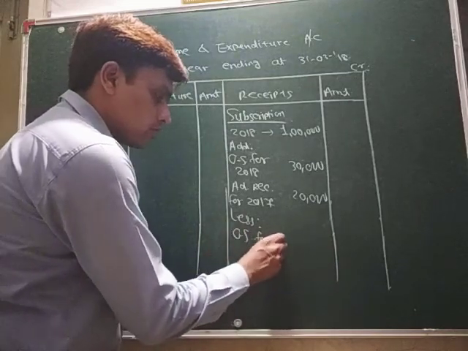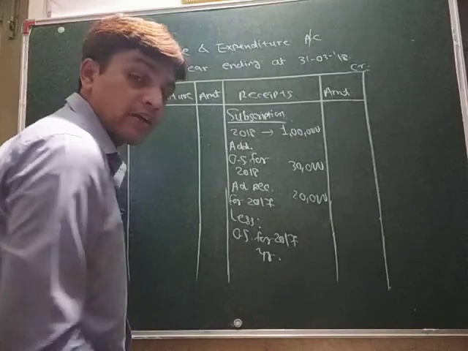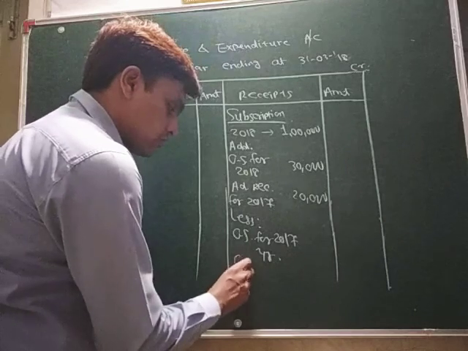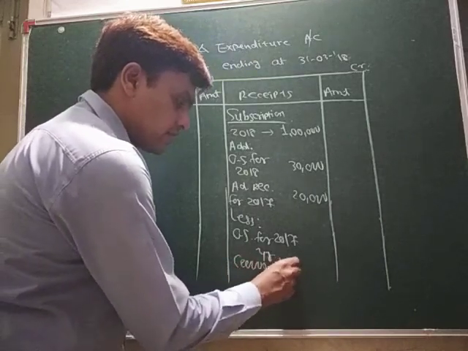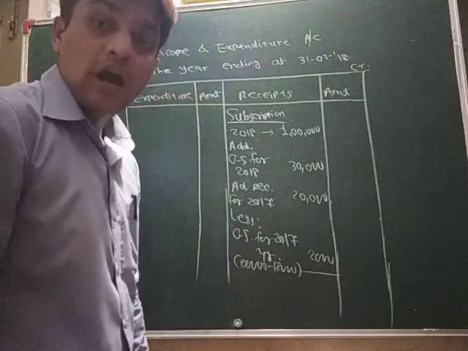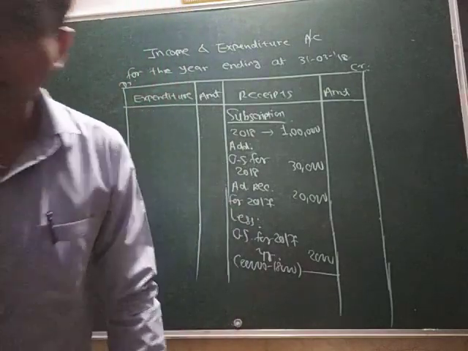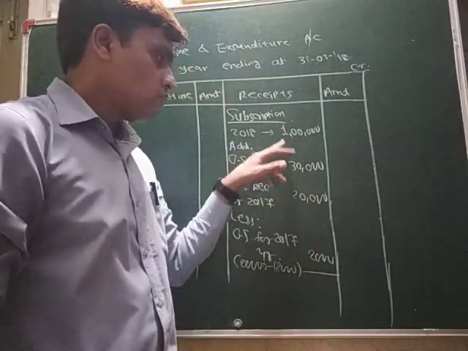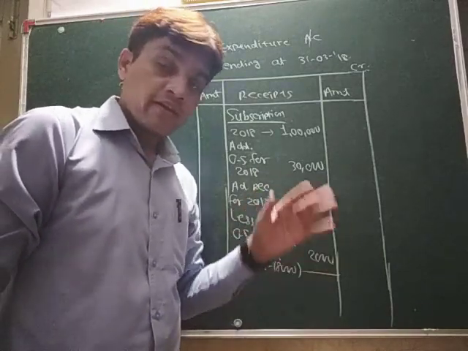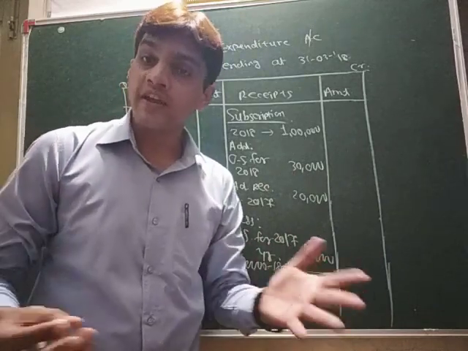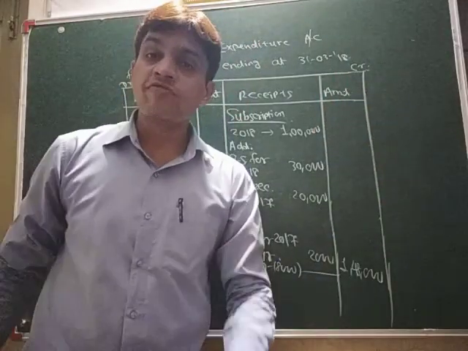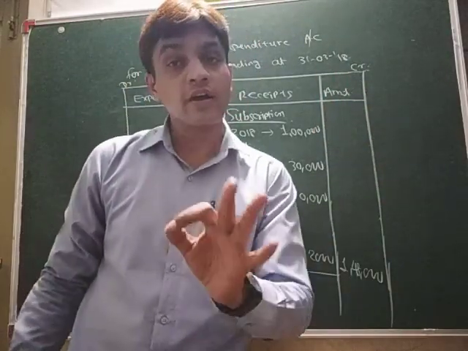Less outstanding for the 2017 year, and that is what? That is 20,000 minus 18,000, and that is 2,000. Okay, so how much would it be? How much total would it be finally? So we can say 1 lakh plus 30,000, that is 130, plus 20, so it is 150, and 150 minus 2,000, so it is 148,000. So 148,000, that is the final amount for this subscription of the current year.